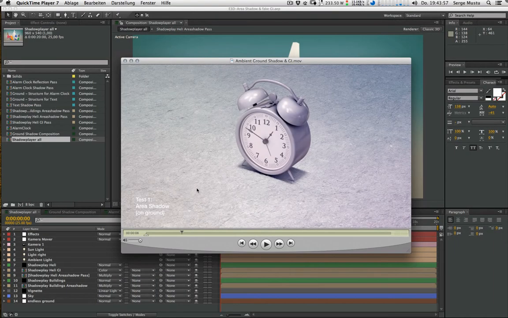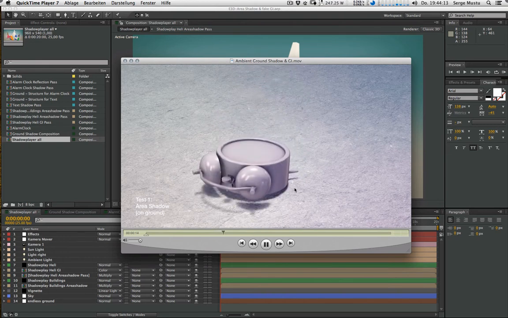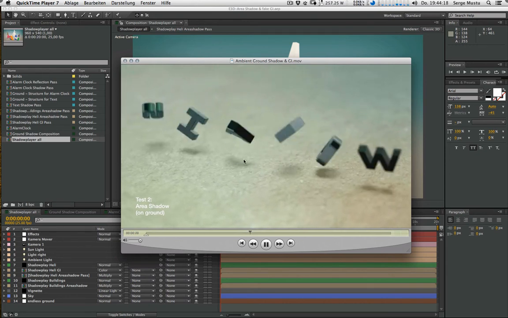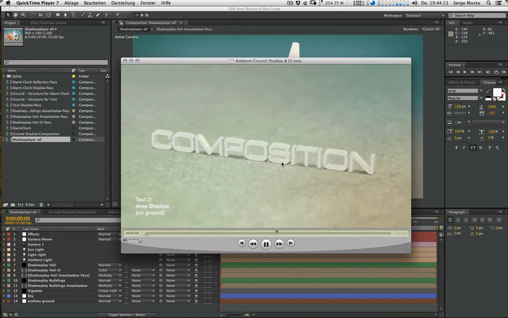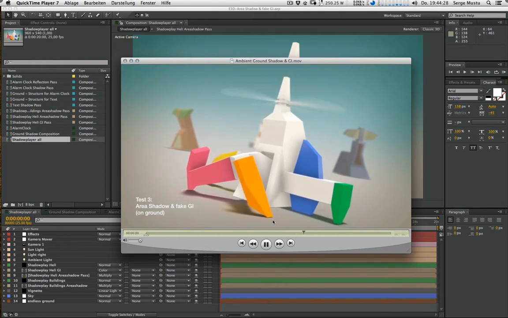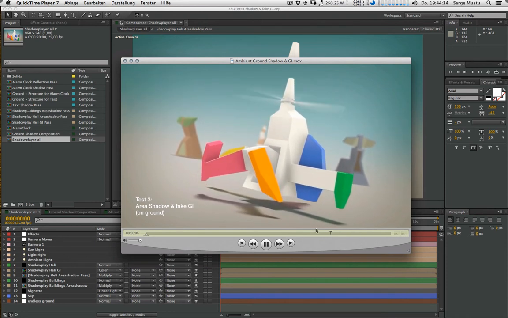Hey everyone, this is Serge, and in this tutorial I'm gonna show you how to create an area shadow with Element 3D in After Effects. Element 3D is the plugin from Video Copilot, and I found out a way to create this very time-consuming effect that a 3D program like Cinema or Maya normally has to render. In Element 3D I found a way to create this in nearly real time,